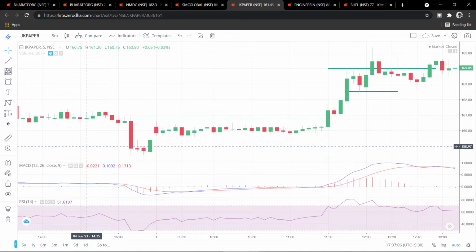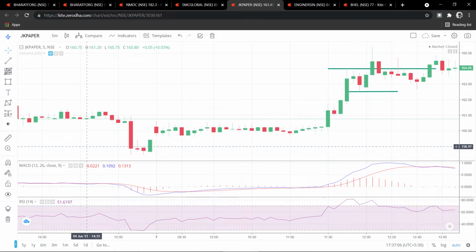This is the JK Paper 5 minutes time frame chart. For the past few days I have been observing that it has a strong resistance at 165 rupees. So when I was looking at this chart, it was trading between 164 and 165 rupees. So I initiated a sell trade at 164 rupees because at the time the RSI index was favorable for selling and it was at its overbought zone. So I initiated a sell trade with a quantity of 180 at 164 rupees and with a target of